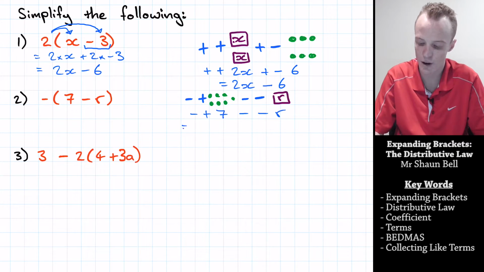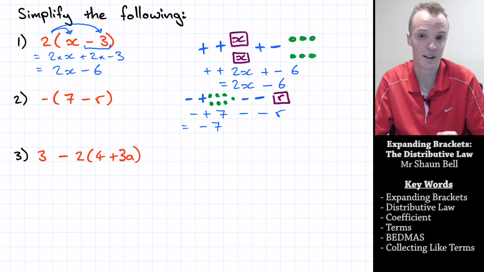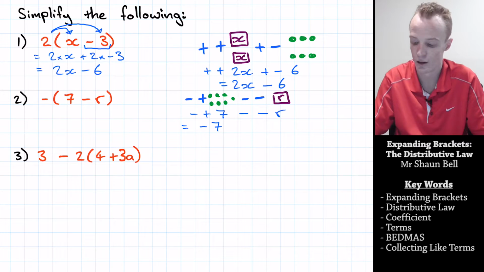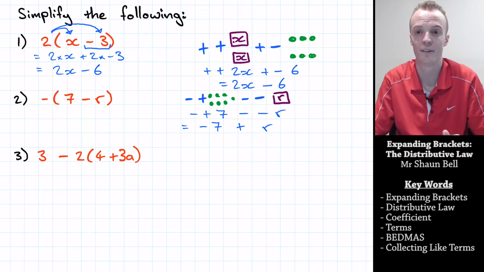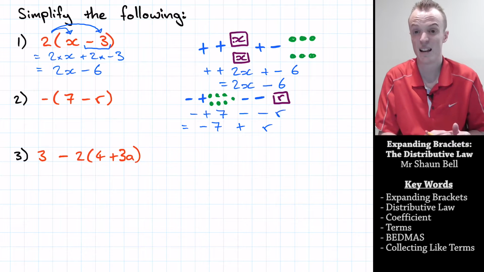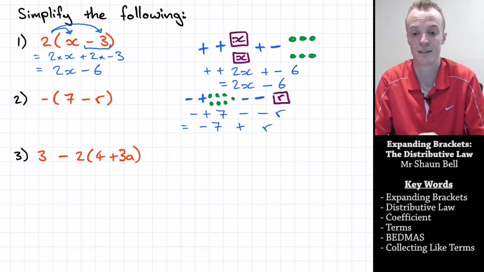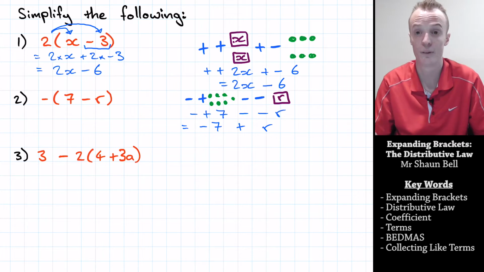Now of course, when we're subtracting a positive number, that's the same as subtraction. So here I've got negative 7, but then I'm subtracting a negative number. Subtracting a negative number is the same as addition. So that's going to be plus r. So my final answer is negative 7 plus r. But let's think about this. What this is actually saying is I'm going to have the negative of everything inside the brackets. So the sign of everything inside the brackets should change. We had a positive 7 inside the brackets, that's become a negative 7. We had a negative r inside the brackets, and that's become a positive r. So it kind of makes sense.